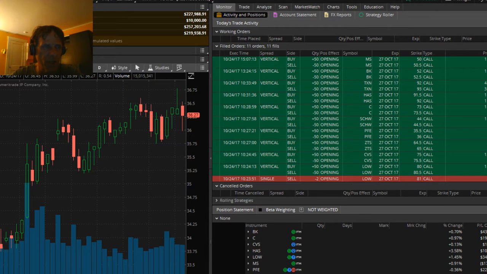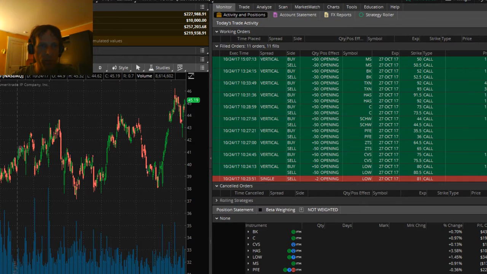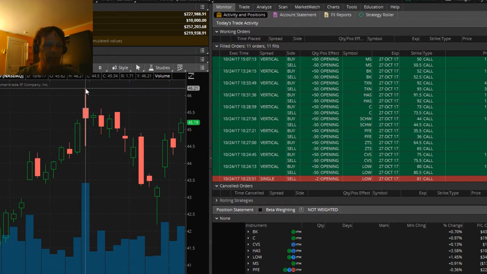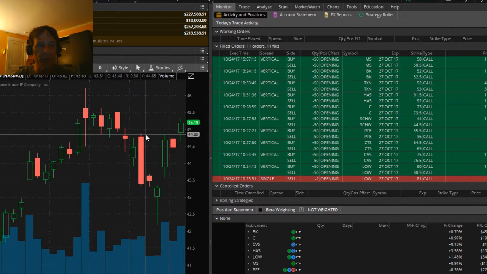SCHW, that's Schwab, Charles Schwab. SCHW, Charles Schwab Corporation. Charlie starts out at 32, quickly finds a low of the year down to 30. From there, she jumps up to a trading range of 39 and spends almost the whole year between 38 and 42. It's like a $4 move. All right, trades there, and she jumped up out of that to find the high of the year at 46, and trading right around that area, and she settled in today at 45.19.